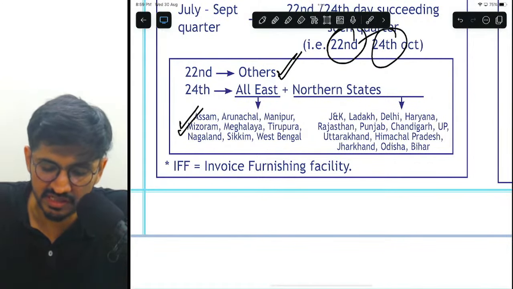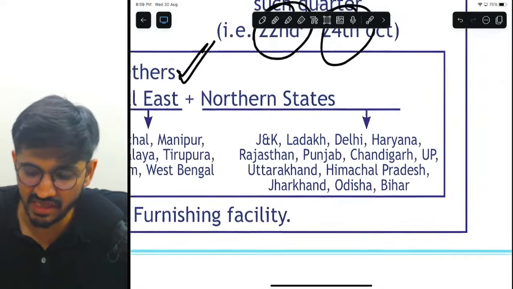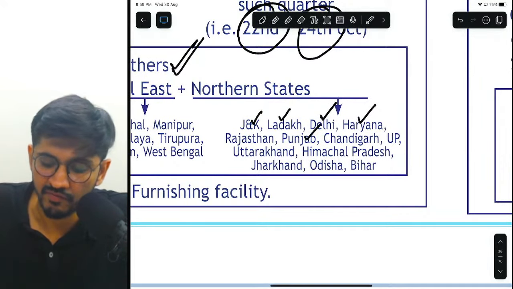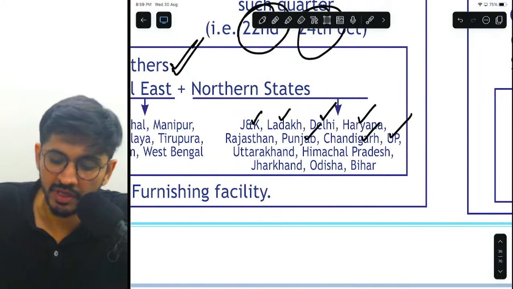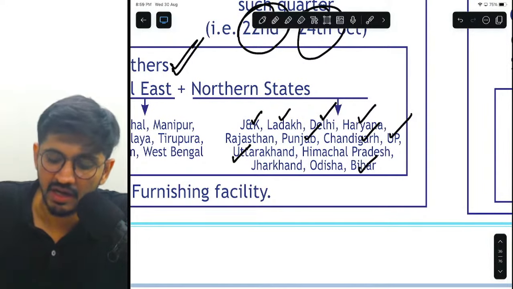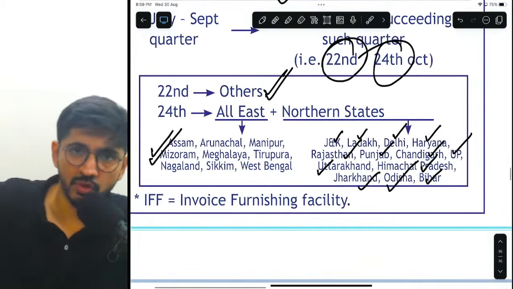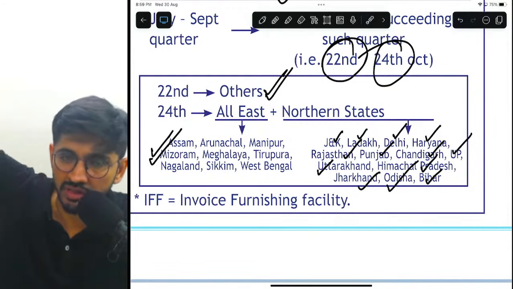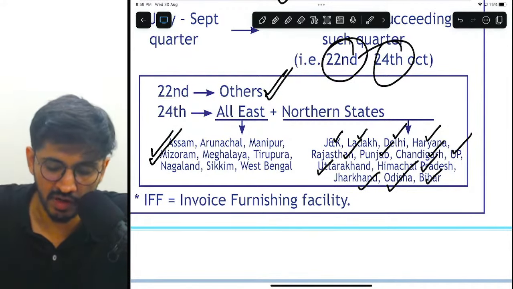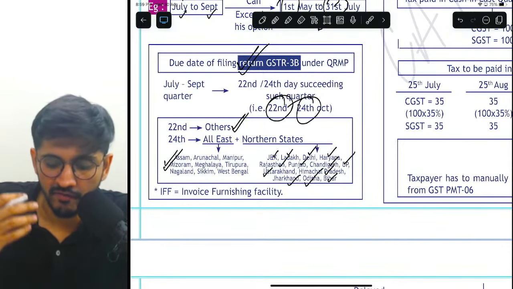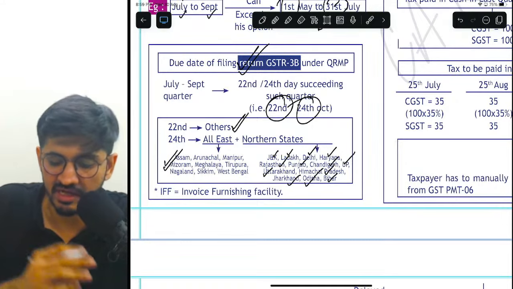Northern states, we can start from J&K, then Ladakh, Delhi, Haryana, Punjab, Chandigarh, UP, Uttarakhand and Bihar. Then we have Himachal, Rajasthan, Jharkhand and Odisha. So all the states and union territories in the northern area are covered. For all of them it is the 24th, and for central India, western India and southern India